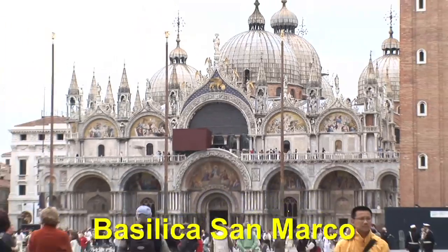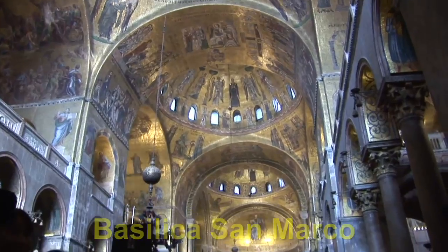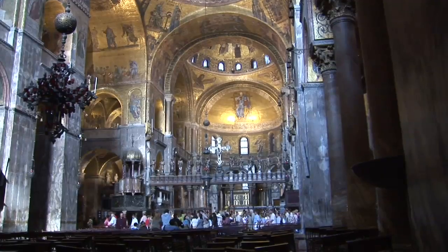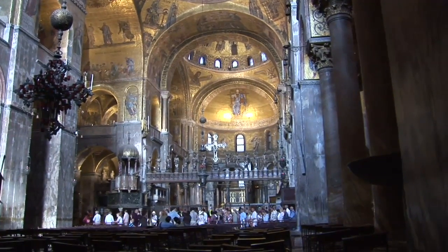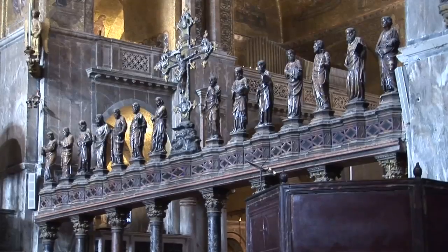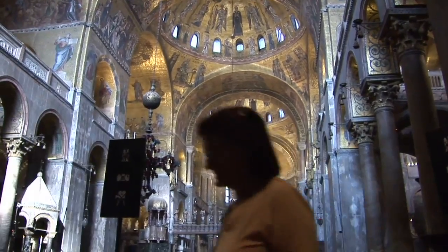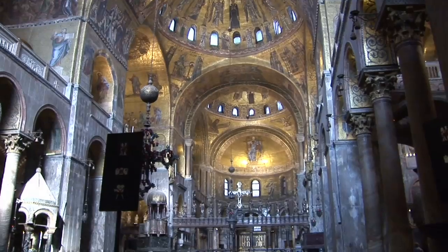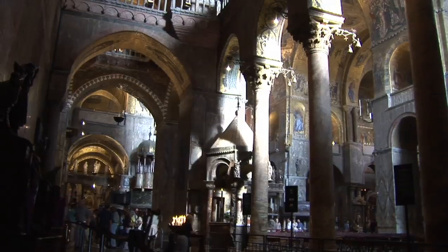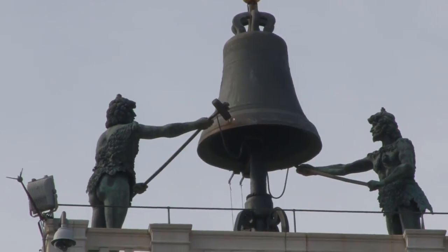The Basilica San Marco is the greatest single landmark of Venice, consecrated in the year 1094, which makes it one of the oldest functioning buildings in Europe. This church is Europe's most authentic surviving example of the Byzantine style, with 5 domes hovering over a Greek cross floor plan and an interior covered by the world's largest collection of mosaics. The basilica's design is based on the plan of a 6th century church in Constantinople that was built by the Emperor Justinian. The most important place in town is the Piazza San Marco, the city's largest public plaza,